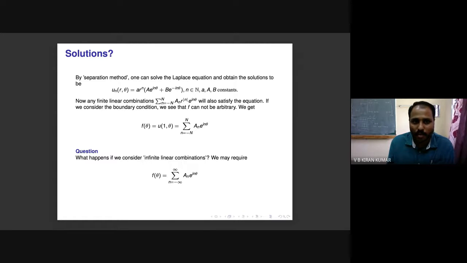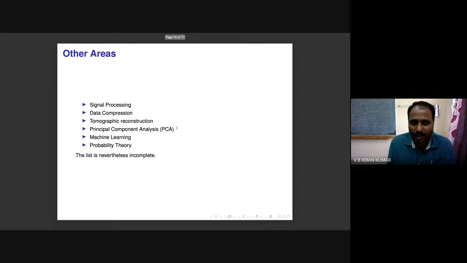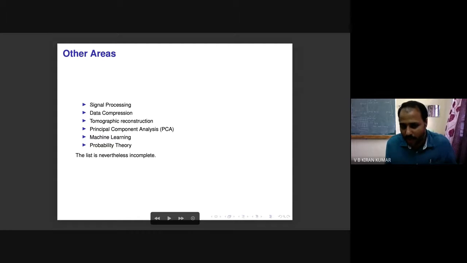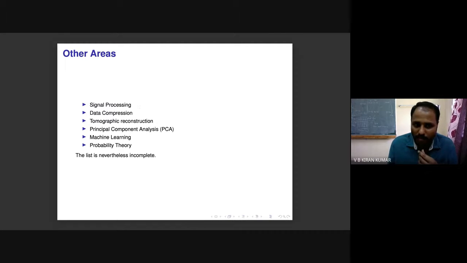Now we are moving to, before moving to the core area, let me also mention that this is not the only area where we apply our functional analysis tools. There are several. This is an incomplete list of areas where functional analysis is being applied. Signal processing, of course. Those who have done a little bit of wavelet theory and so on may be familiar with the application of functional analysis techniques in signal processing.